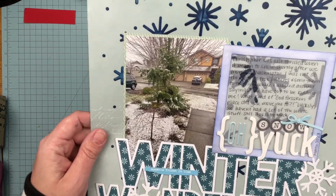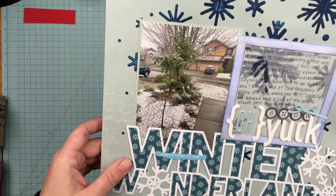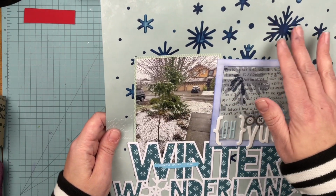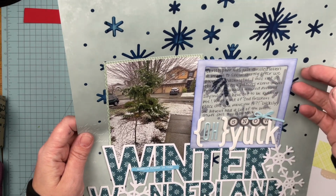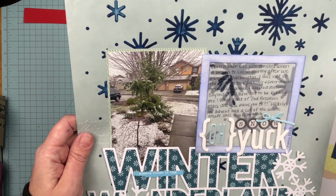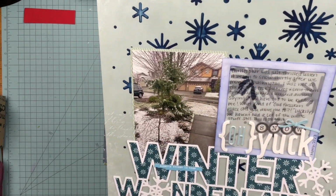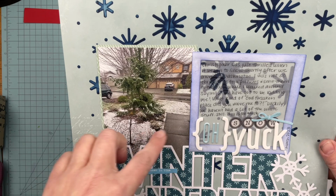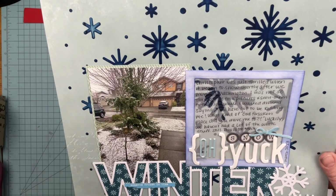Oh, Snow Yuck. This is in a Winter Wonderland cut file. This is the newest snowflake stencil in the shop. As you can see, I put the vellum down on top of it and it wetted the vellum, so that is stuck like that. So if you don't want that to happen, wait until your glazes are dry before you put your vellum down. So this is the front of our house, and the journaling says, Christopher was just thrilled